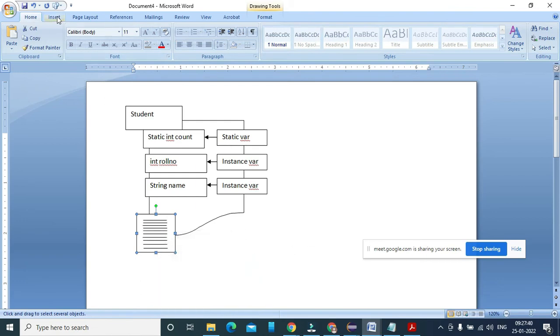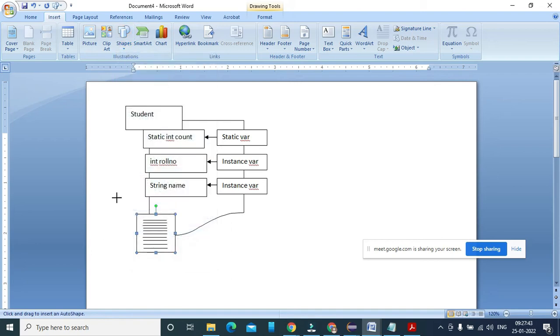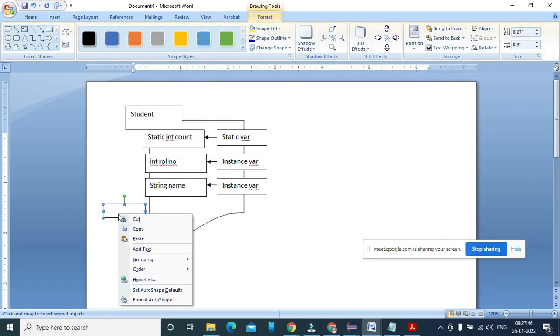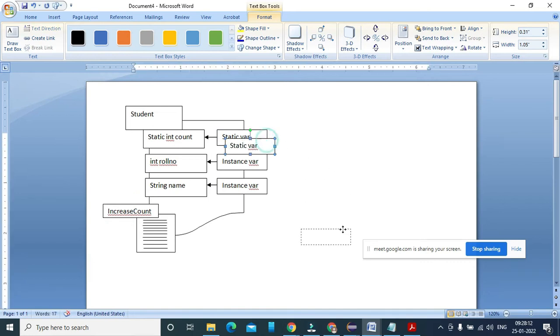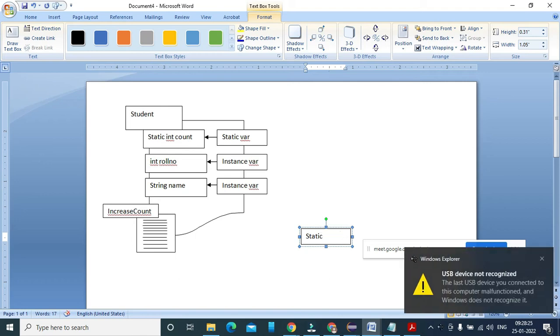So this is my static method. Okay, so this is my increase count static method, which is a method of static kind. तो ये सब कंसेप्ट आपके क्लियर होने चाहिए.